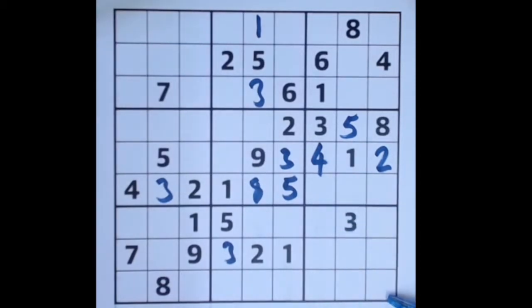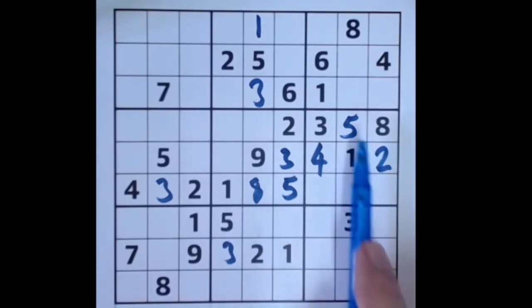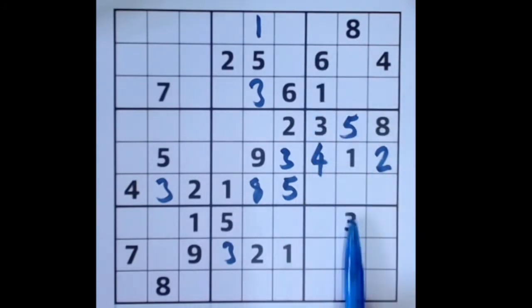Down here, 1 in this bottom corner. Let's shift our focus. There's a 1 in this row, 1 in this row, 1 in this column, 1 in this column. So blocked all around except for this square. That's the only open square to fill in a 1. This is going to be an 8